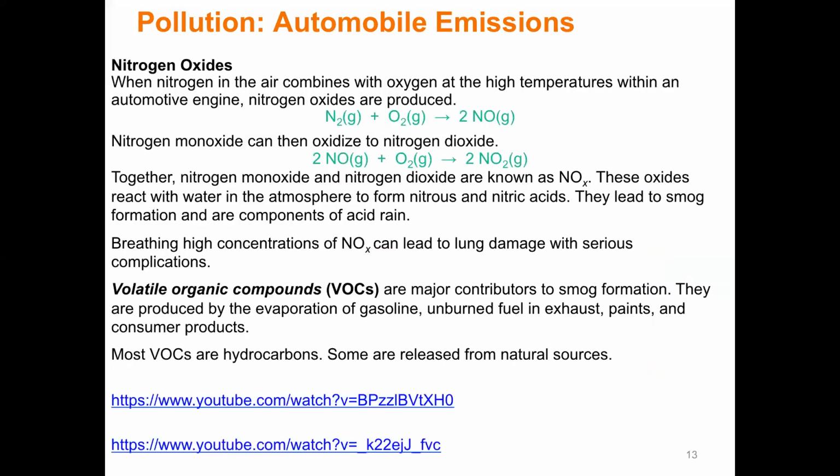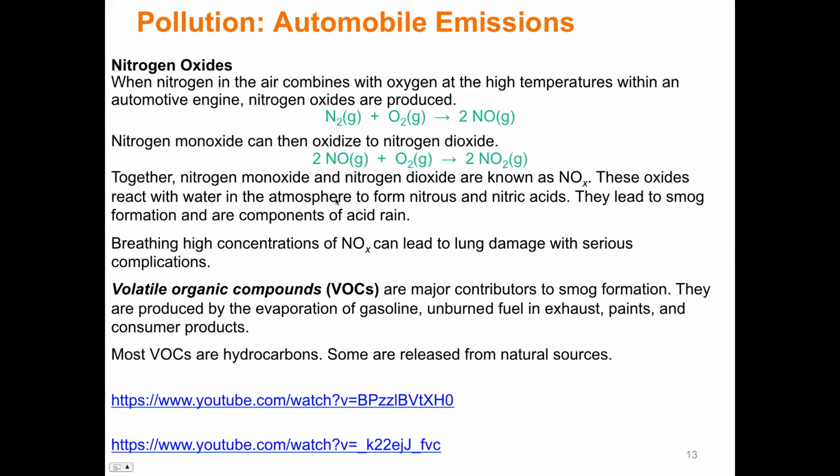Now, nitrogen oxides. The other thing that happens in engines, not just the burning but the heat, is that it is also going to encourage nitrogen to mix with oxygen. This is very similar to what we were looking at in terms of lightning, right? You're making your nitrates, and they will then mix with water and make nitric acid, and this is a problem. Here we call them NOx's because they cover the whole gauntlet of NO, NO2, NO3.